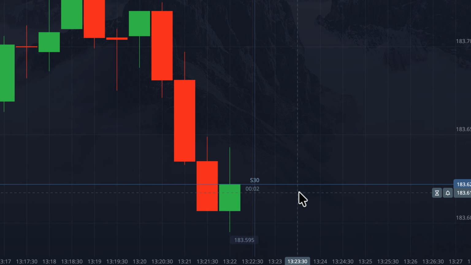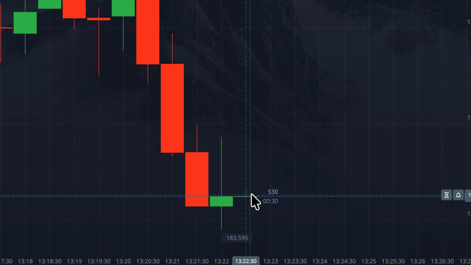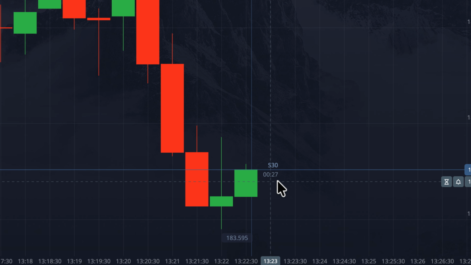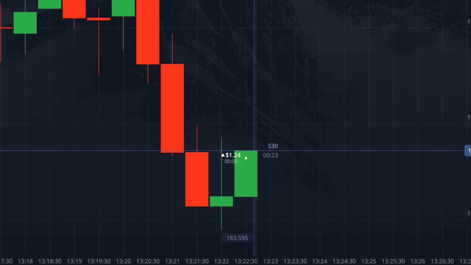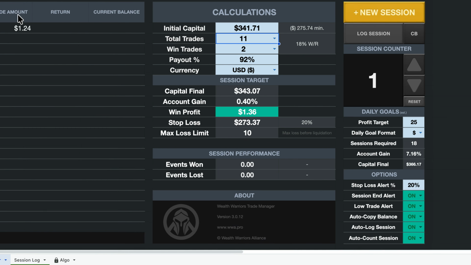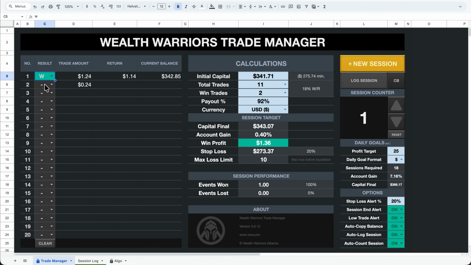We got about 2 more seconds to go. And here's the new 30-second candle. So you watch the countdown right there. Oh, it looks pretty good. Pretty strong green. It doesn't always necessarily mean you're going to win, but we just don't know. But there you go. And so I've got a win, although the next trade amount is under $1. And so, well, we can't really trade with less than $1 inside Pocket Option. So in this case, I'm just going to go ahead and mark this session completed, and let's just go to